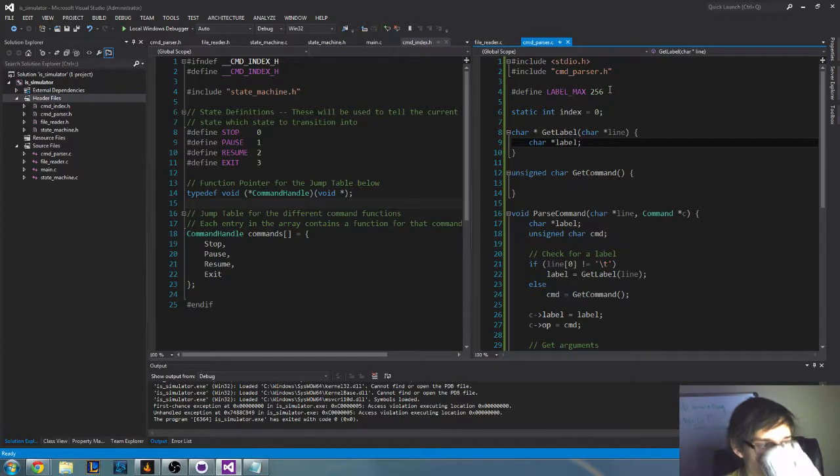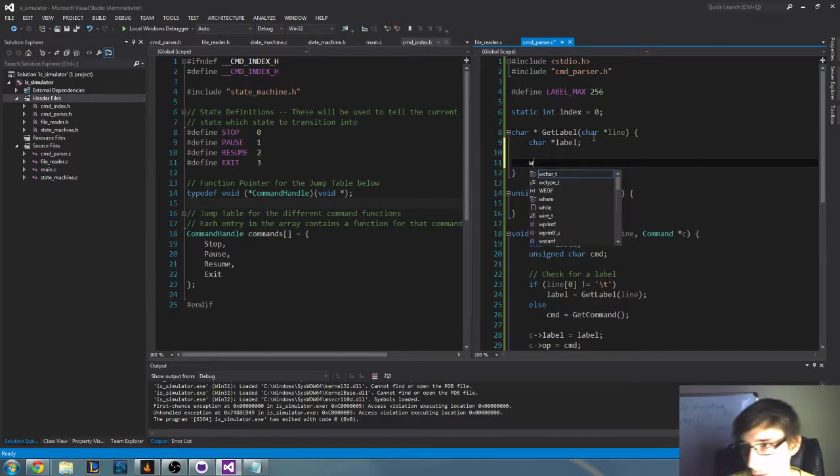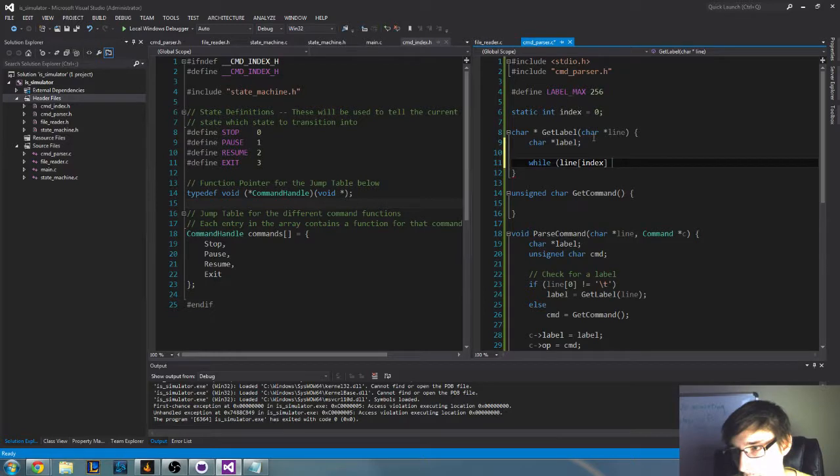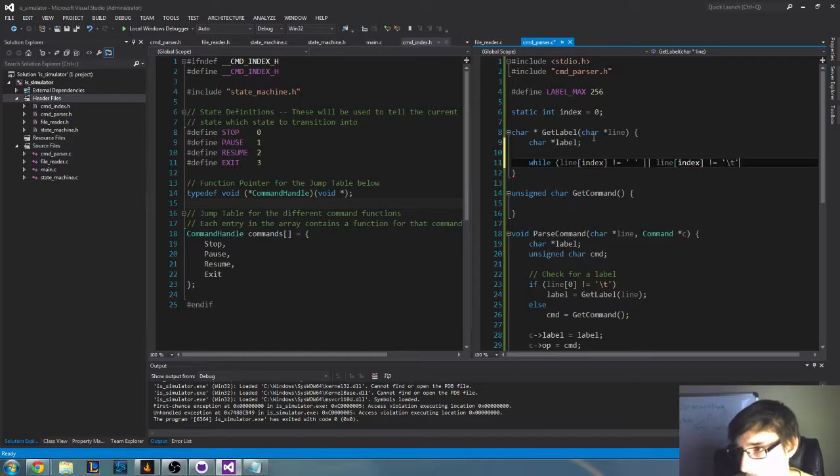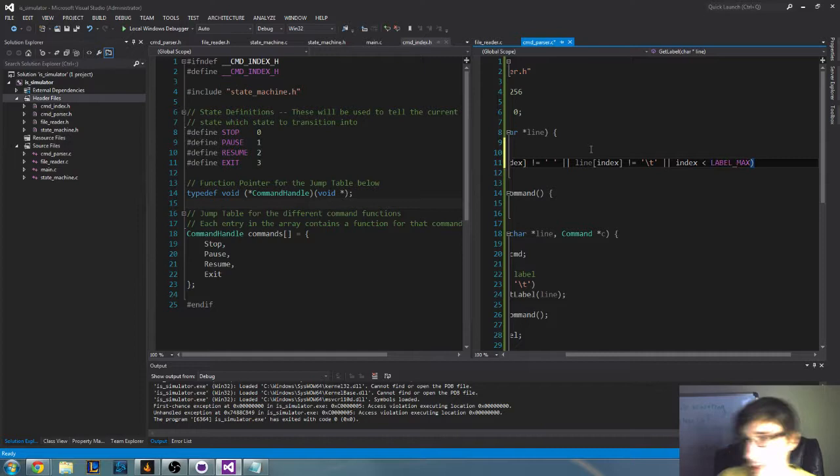So what we will do now is loop, so while line index does not equal a space, or line index a tab, or line index is label max. So what this does is it lets us control,